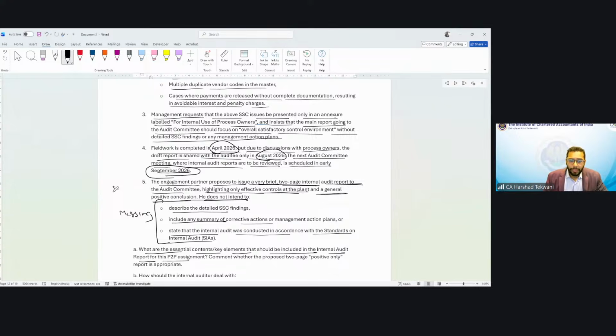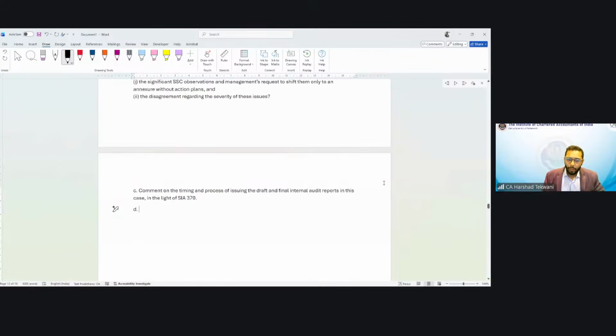Okay. Now, we will discuss one more point in connection to this one. One more question that I will add. So, after completion of P2P audit, management